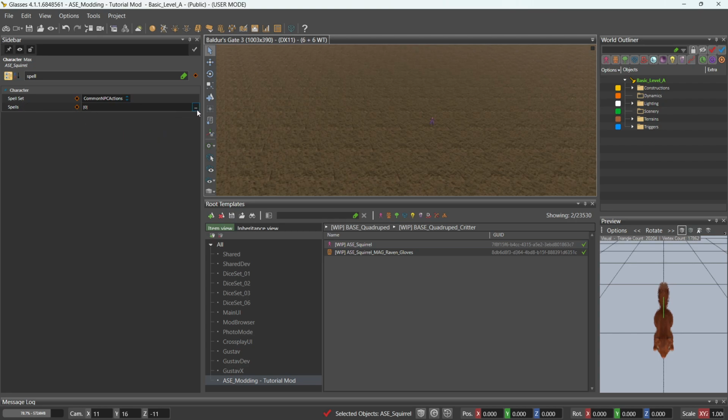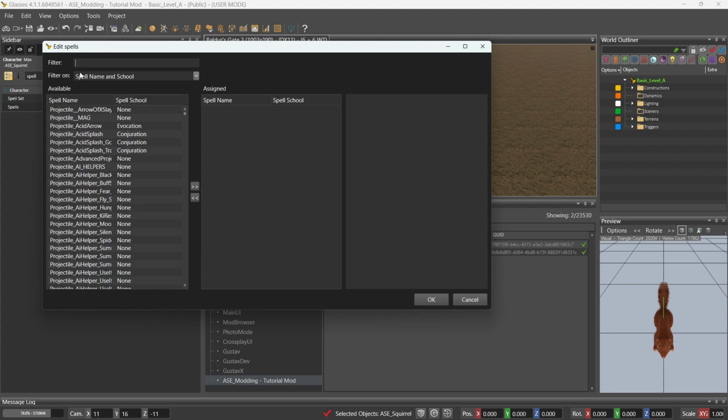We just click the point, and you can see all the spells that exist here. The thing is, a lot of the spells require a certain resource, let's say ki points for monk spells or just normal spell slots. And your squirrel doesn't have these. So a tip from my side is, if you write in